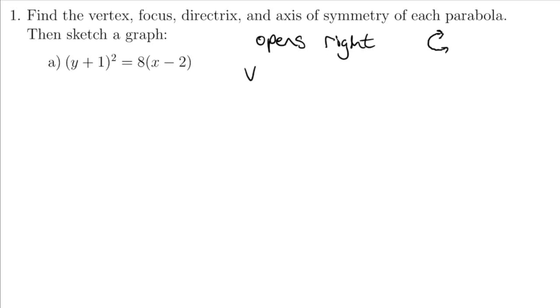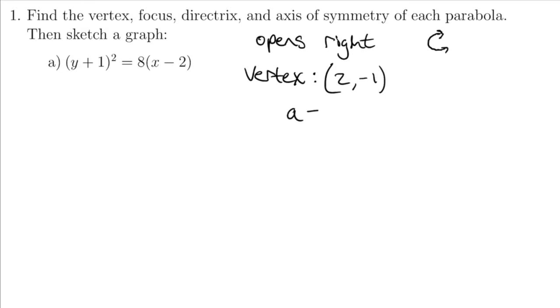Well, we can get the vertex. In this case, my h is 2, and my k is -1, right? So here we have x minus h, so my h is 2, and here we can think of this as y minus -1. So I need my k to be -1. So I have opens right, I have vertex, and now I need to find the value for a,